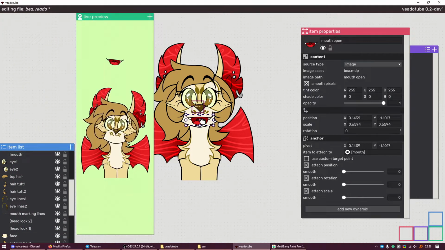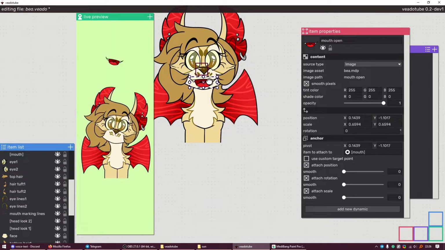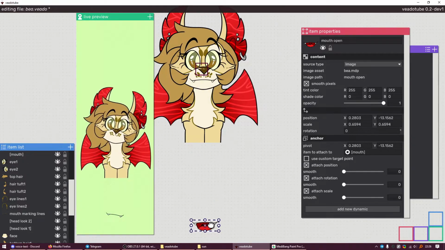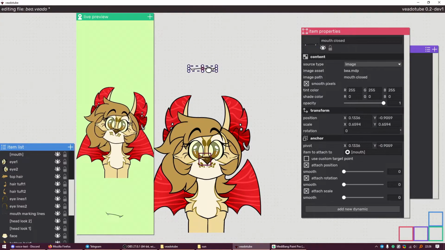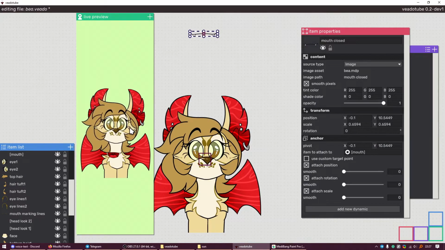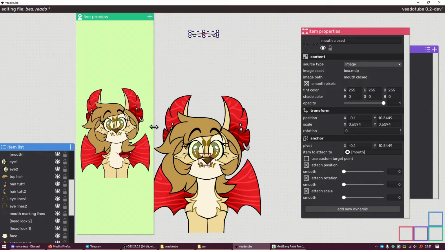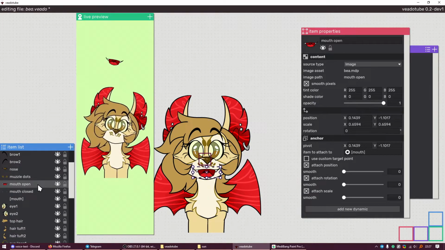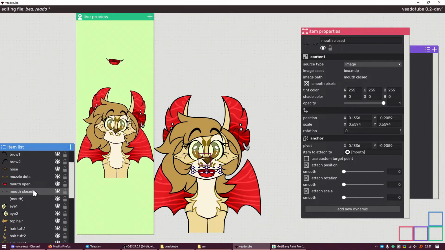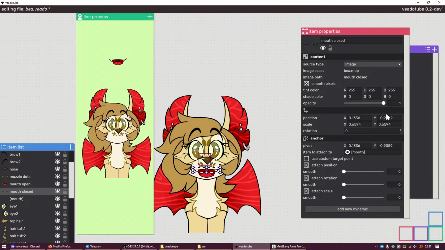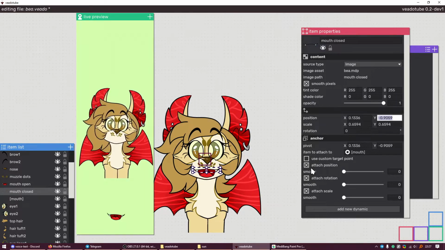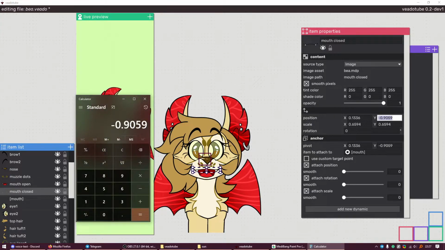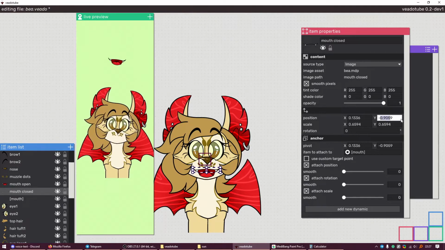So what we can do here is the open mouth should be down and the closed mouth should be up, so that it's gonna be like that but better. Because we know the numbers, we can just put them there. So for example, we have to move the closed mouth up, right? So we're gonna pick the Y position. Here I'm gonna open the calculator just like a nerd. I'm gonna add 10 because that's the scale that I put in there. I'm gonna copy this back here,